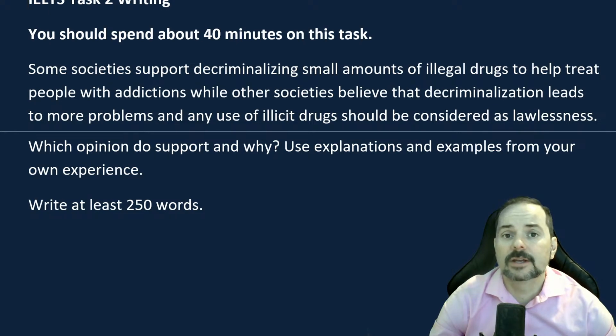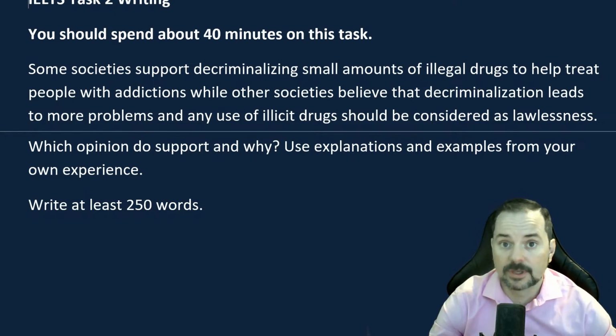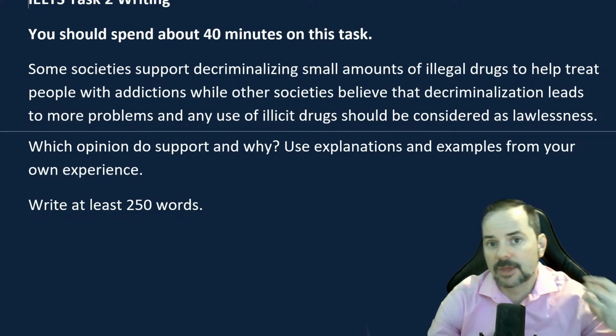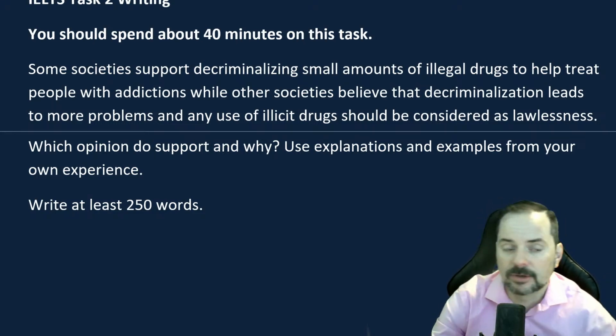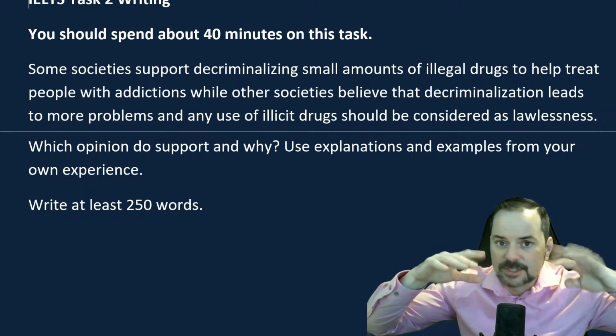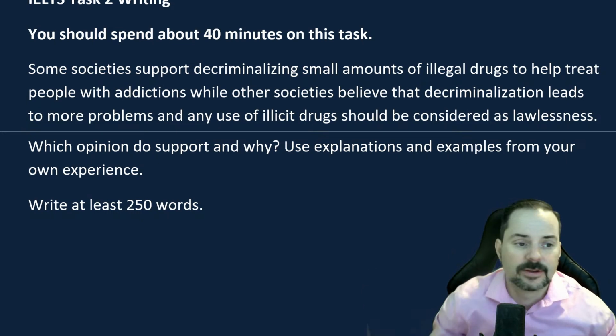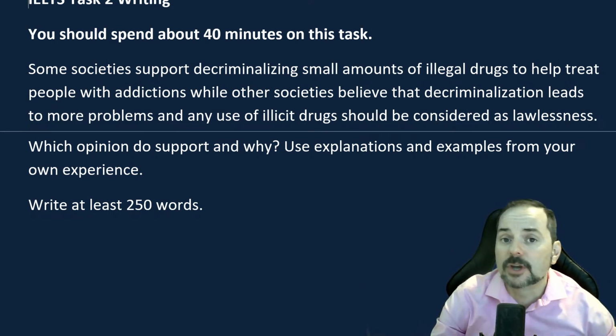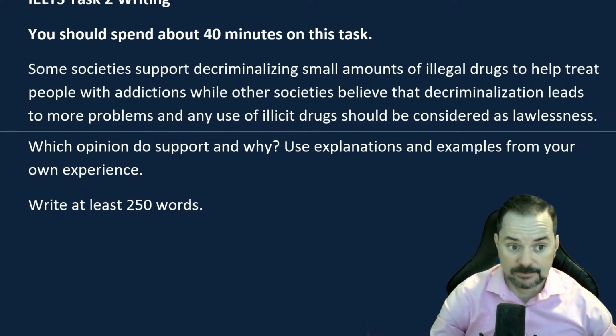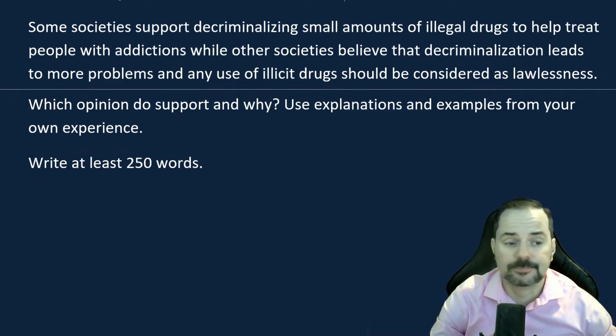So Task 1 writing, what you need to do first and foremost when you get to the writing section, always start with Task 1. Okay, Task 1 should take you 20 minutes. Task 1 is somewhat like a warm-up. That's where you get your mind thinking and writing, your hand and your mind working together, whether it's typing on the computer-based or writing by hand on the paper-based. So start with Task 1, spend 20 minutes, then spend your 40 minutes on Task 2. Your first step is to read this question carefully.